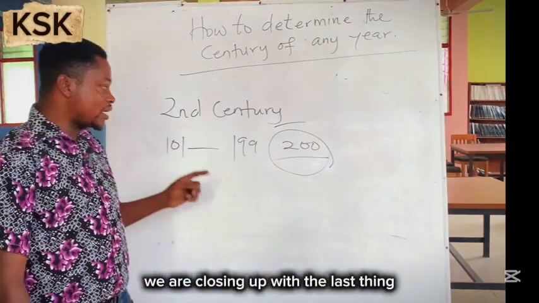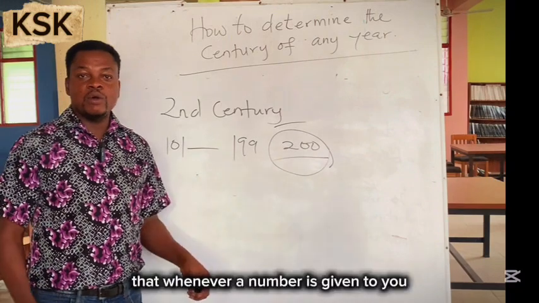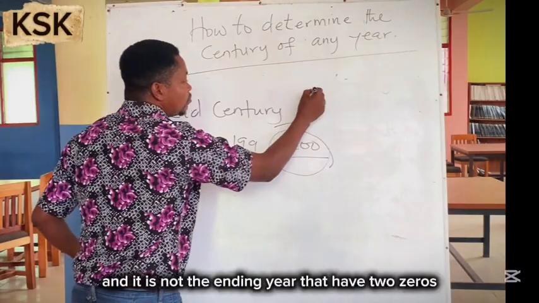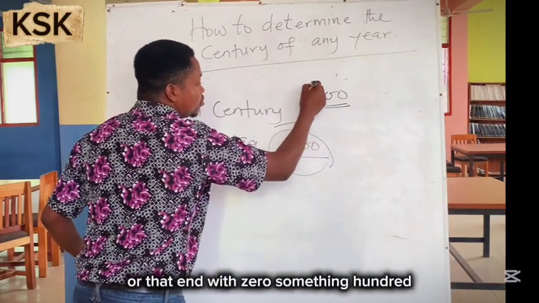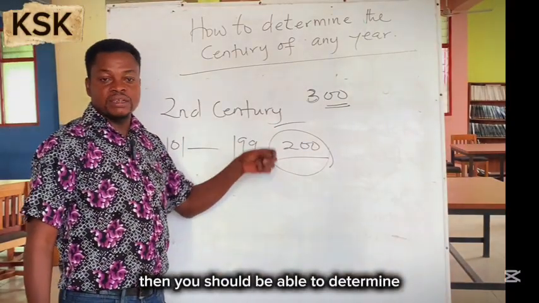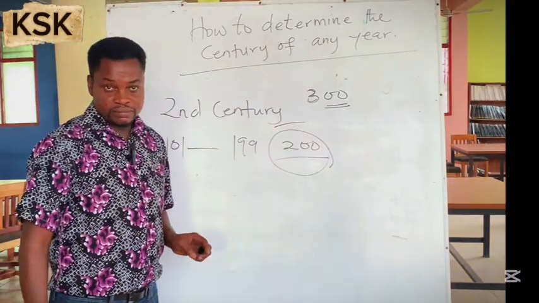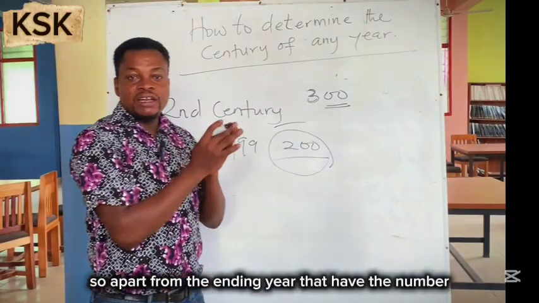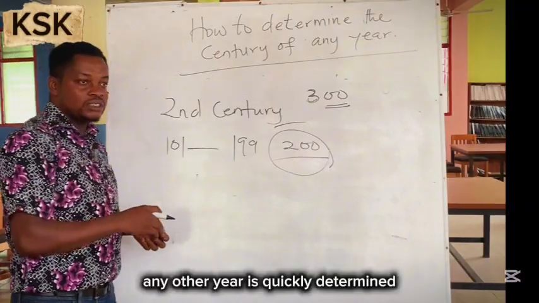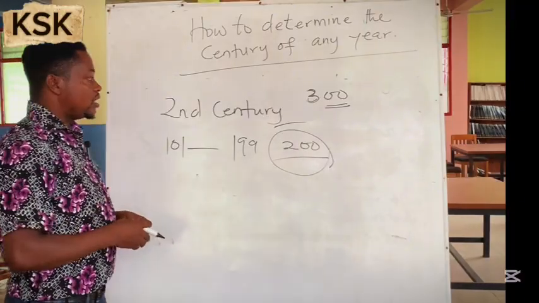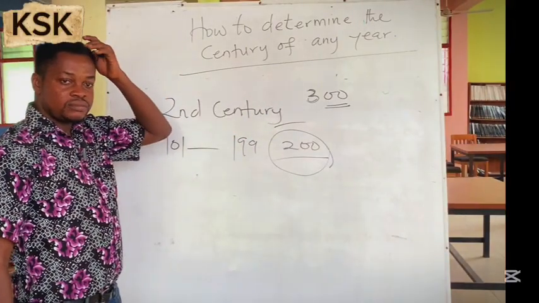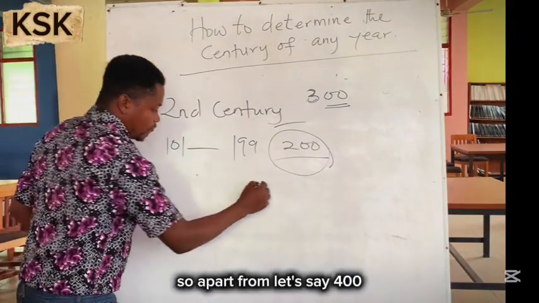We are closing up with the last thing: whenever a number is given to you and it is not the ending year that has 2 zeros or ends with 0, something like 100, then you should be able to determine which century it is in quickly. So apart from the ending year that has the number the century is producing, any other year is quickly determined for a century by looking at the previous century. So apart from, let's say, 400,